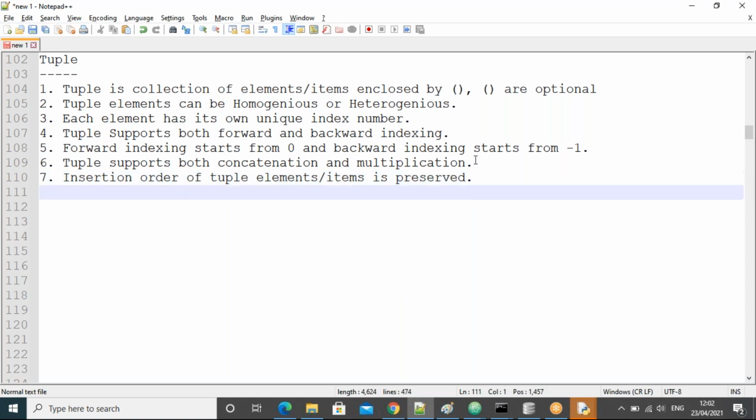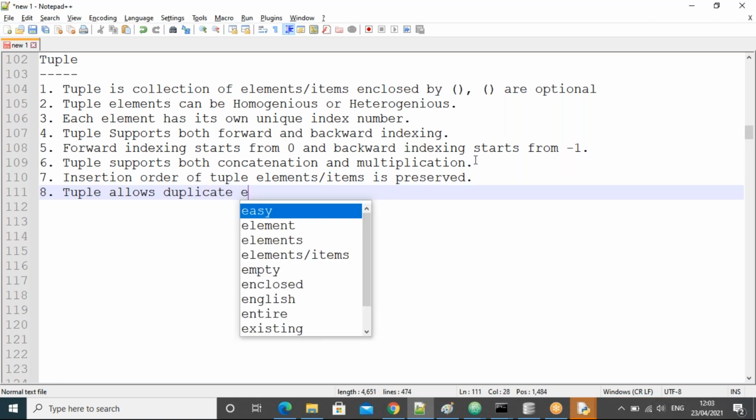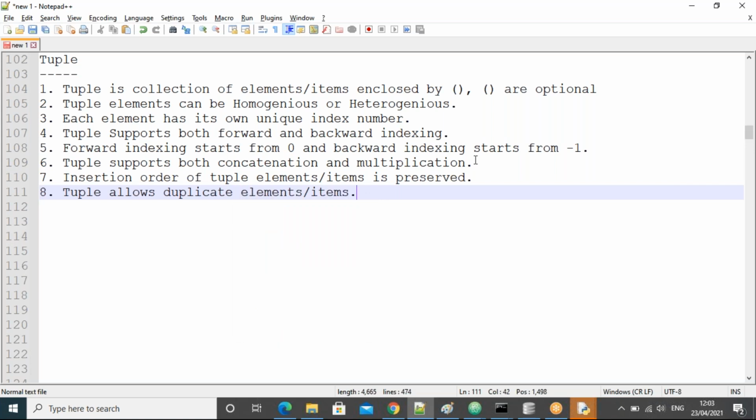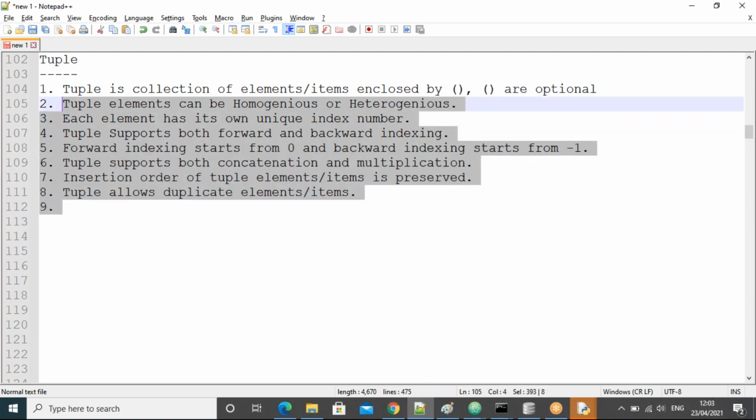Yes, guys. The eighth one is that a tuple allows duplicate elements, like a list, guys. The list also does the same thing. Next, the ninth one: almost all these points are the same as the list, right?